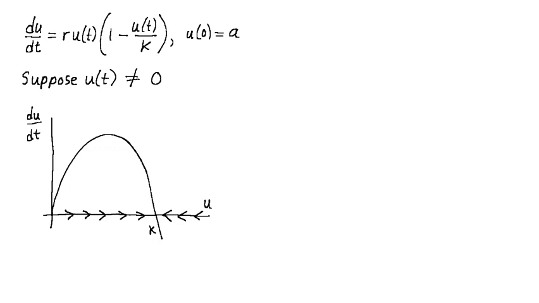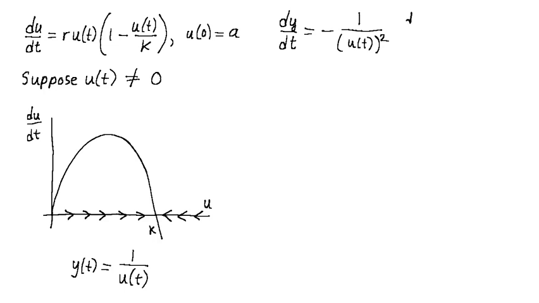Knowing that u is non-zero for all times t is important because it allows us to define with great confidence the new variable y is equal to 1 over u. Let's now study how y changes with time by considering the derivative dy by dt. Applying the chain rule, we see that dy by dt is equal to -1 divided by u squared, all multiplied by du by dt. We can rewrite this by subbing in our expression for du by dt